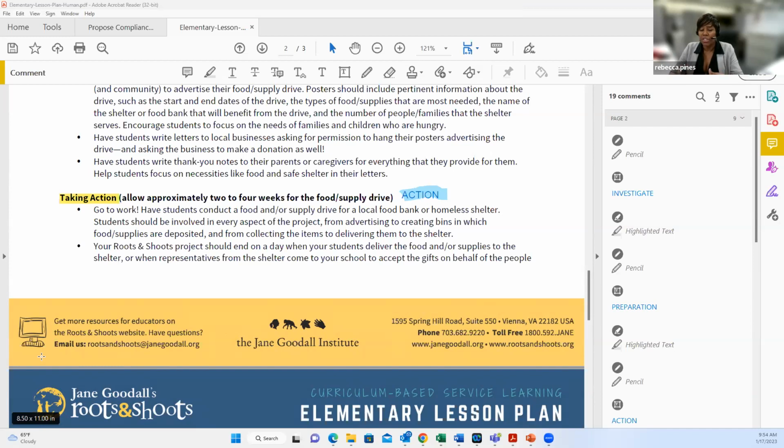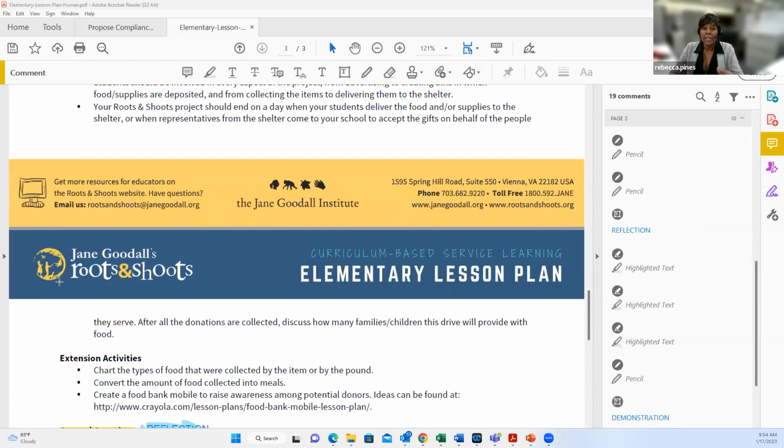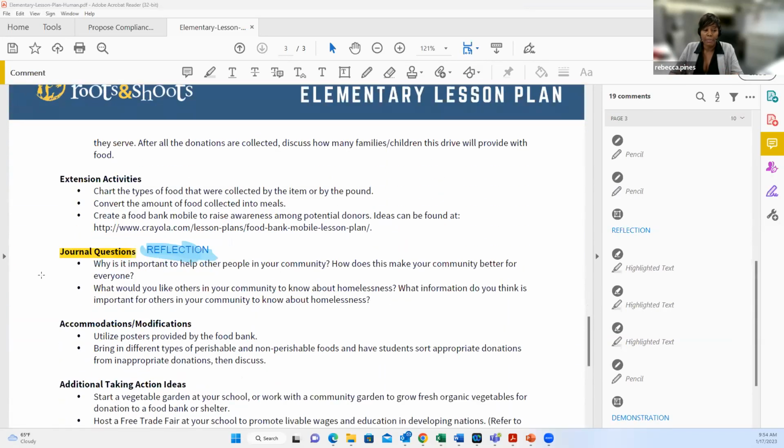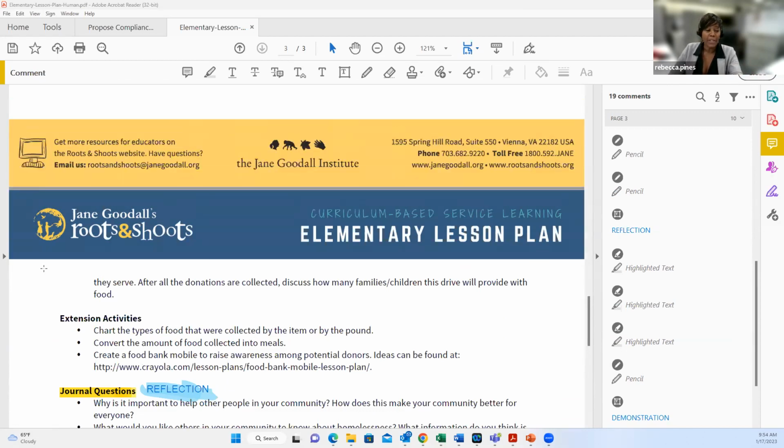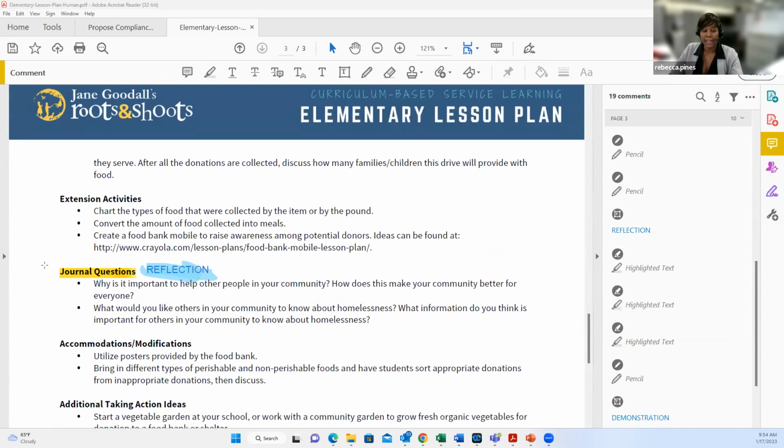So those are all actions that are preparing the students to get ready so that they can get into action and go on and do what they need to do for their community as far as the food drive or feeding the homeless. But then right here, some additional actions or activities that the students can do. It says chart the type of food that they were collecting by the item or by the pound, convert the food collected into meals, create a food bank